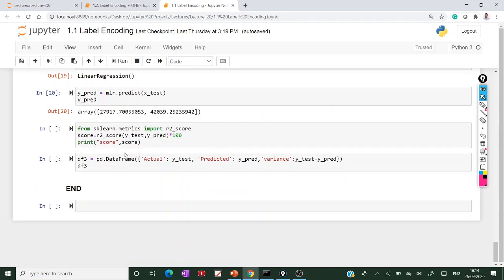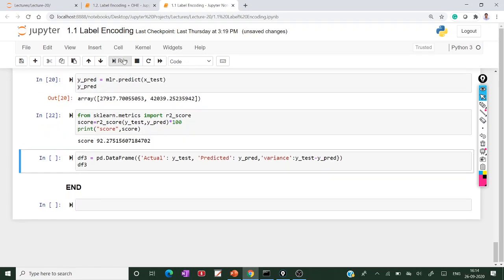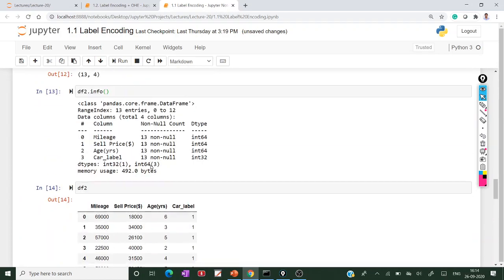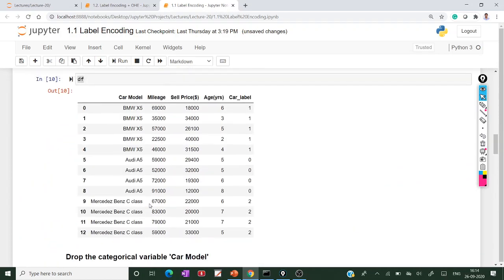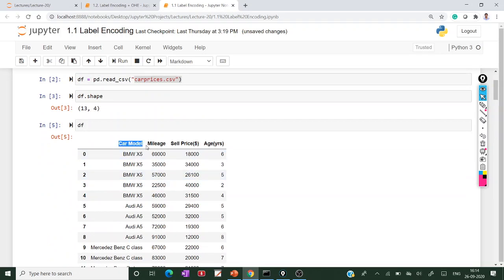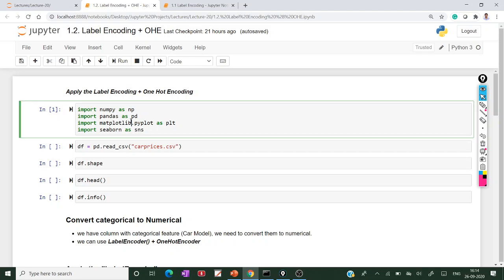So here I am building the model. I got 92.27% accuracy. So this is the model, and this is the label encoding. In this label encoding, I simply dropped the only one categorical variable. Next, if you see